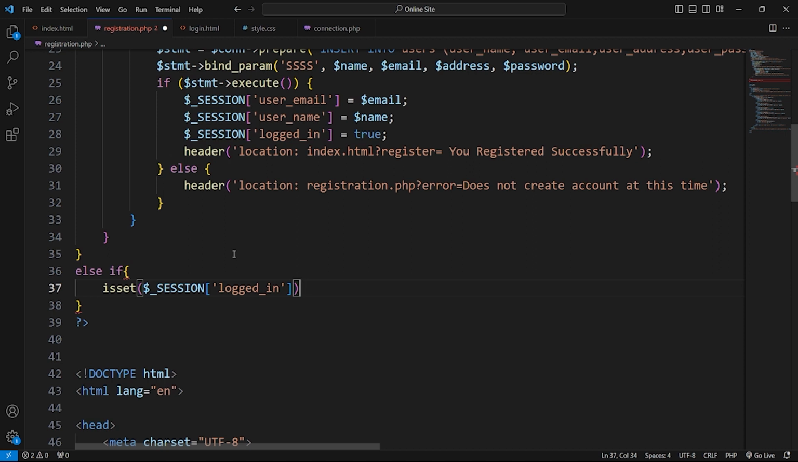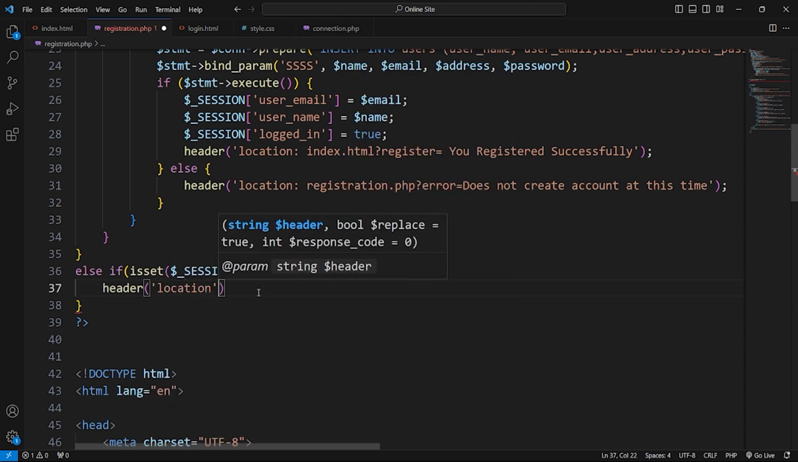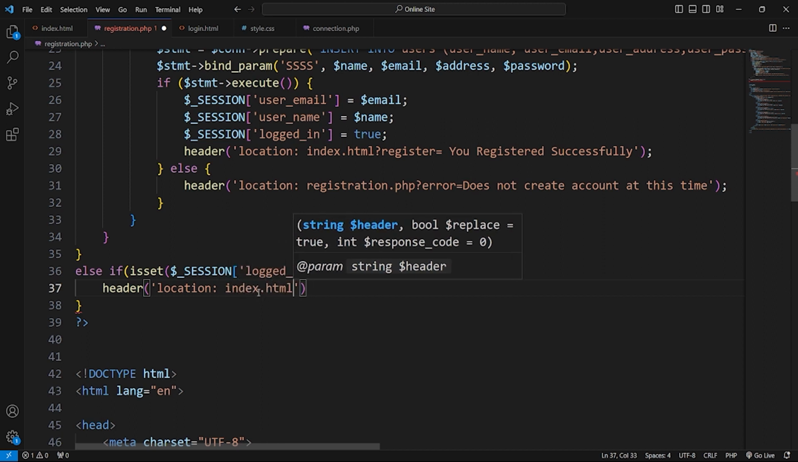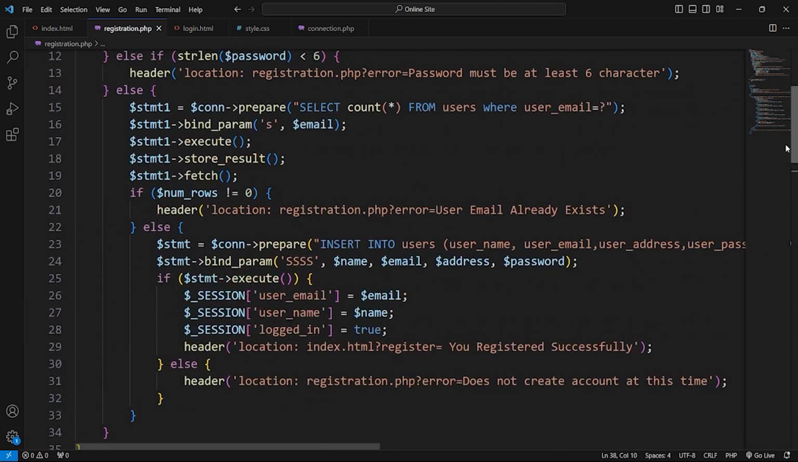And in this else if, so in my mistake, I copy and cut the else if first parenthesis and paste the last parenthesis. In the second bracket I'll do redirect location index dot html and exit the code. Yeah,